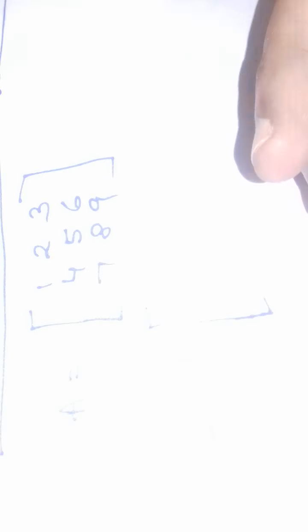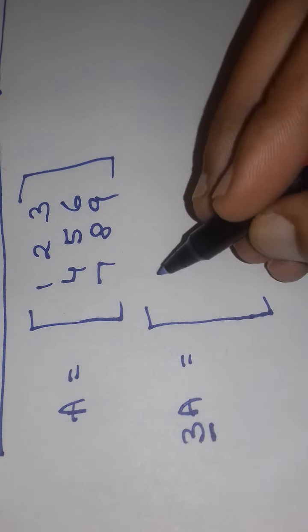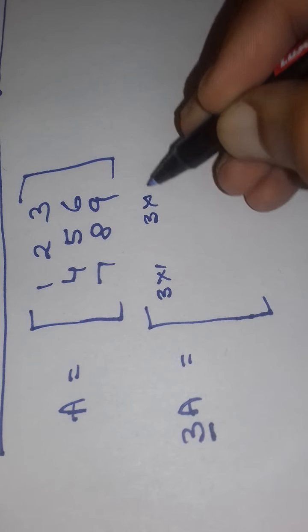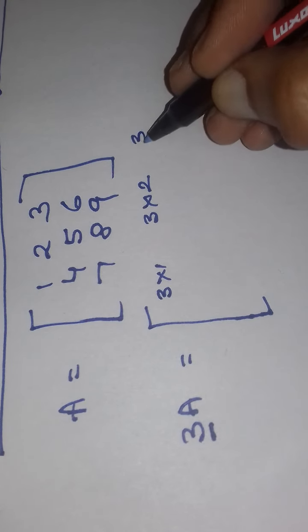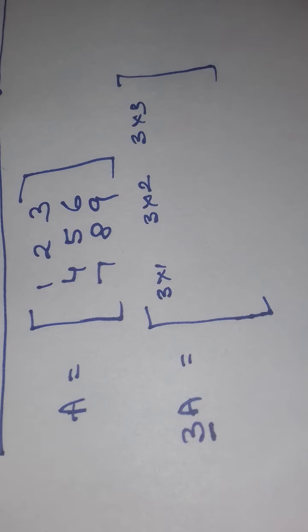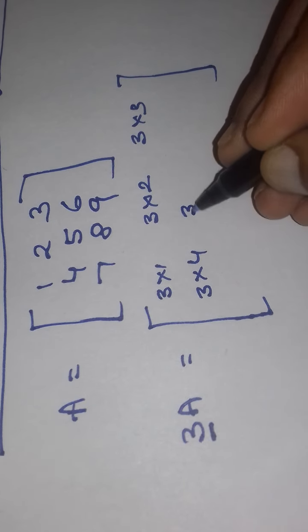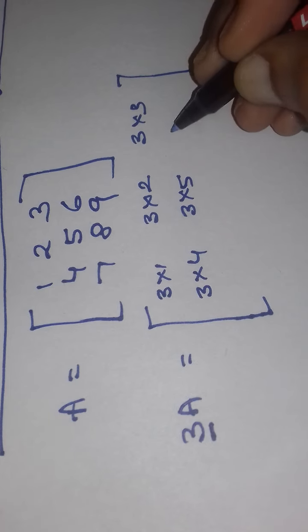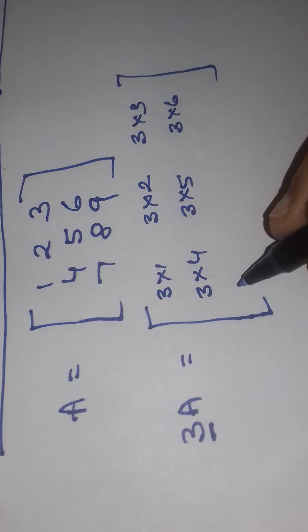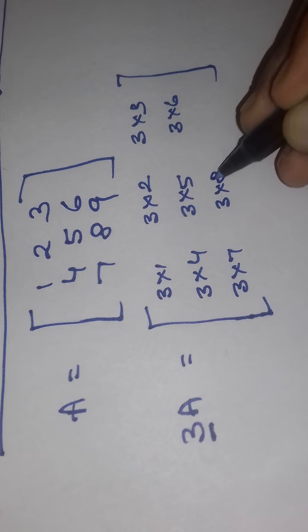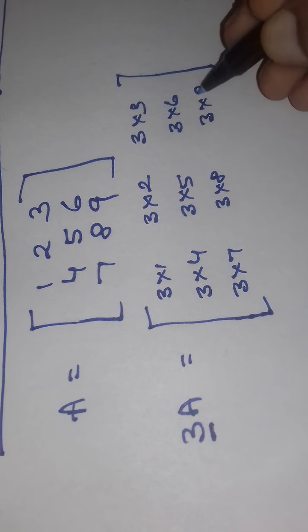Like, it will be 3 into 1, 3 into 2, 3 into 3. Similarly, 3 into 4, 3 into 5, 3 into 6, 3 into 7, 3 into 8, 3 into 9, and